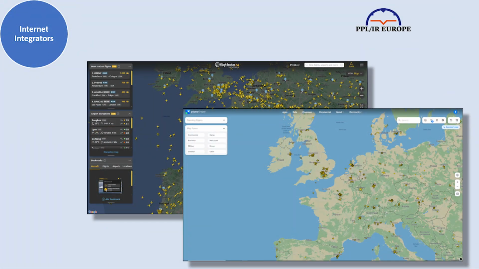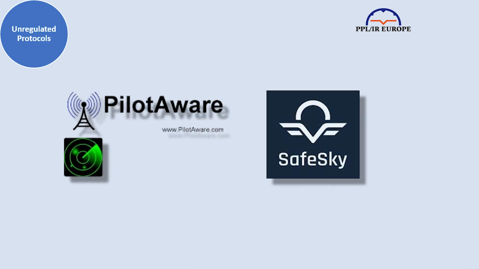The other way is to use a system which integrates and rebroadcasts all the sources. To some extent this is achieved by products like Flight Radar 24 and Planefinder, but they require a fairly beefy internet connection and are not integrated into our cockpits. It's more usefully achieved by Pilot-Aware and SafeSky, both of which can transmit into the cockpit with a less robust